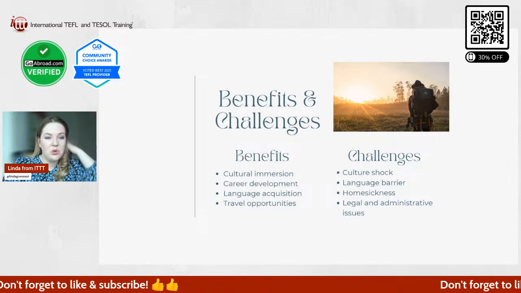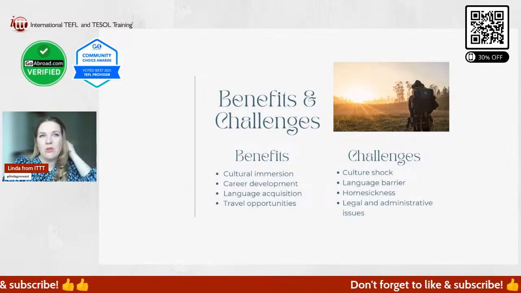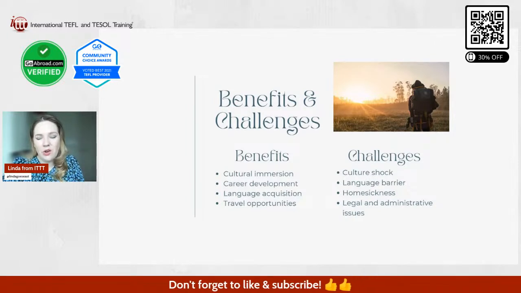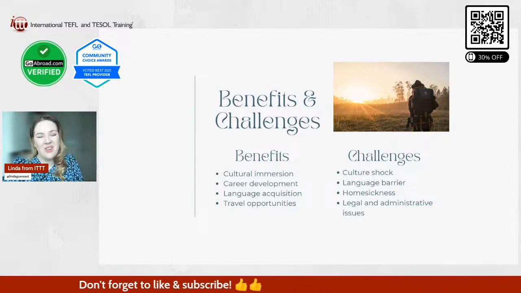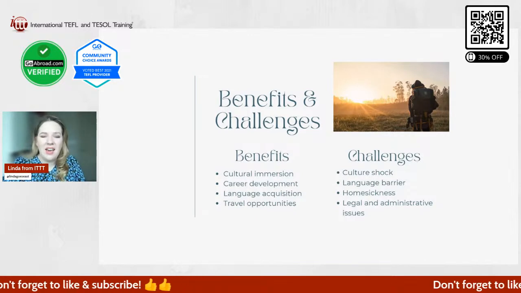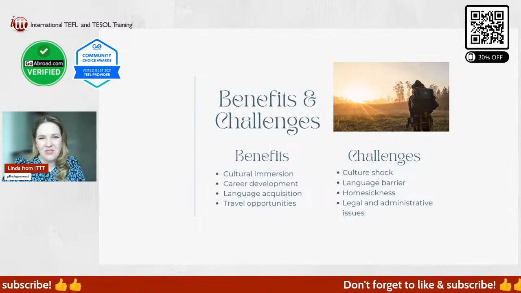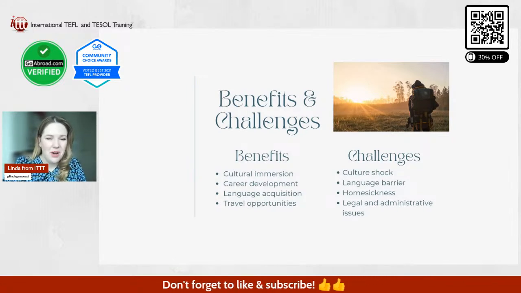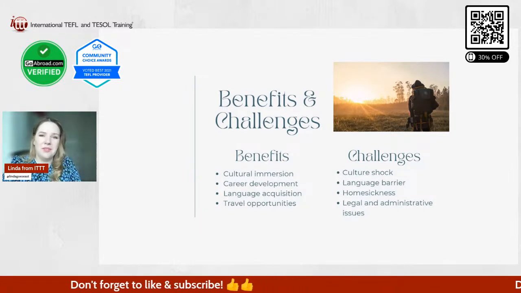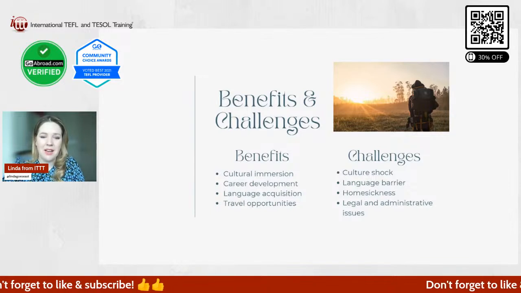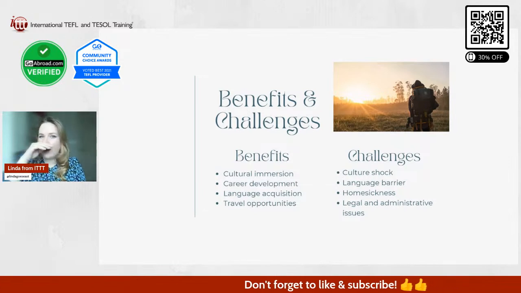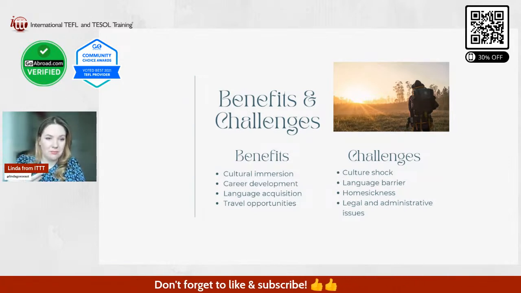But luckily, we do have technology. We do have Zoom. We do have Skype where you can talk with them. Imagine 100 years ago where you could only write letters. So we definitely came a long way. And it's gotten definitely a lot easier with Zoom and Skype and FaceTime and all that. But homesickness can be real, so just keep that in mind. And don't bury yourself in a hole, make these connections, make friends, go out, and meet people.